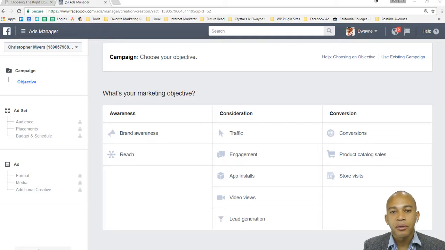Product catalog is primarily for when, let's say you created a bunch of products, and yes, it's in a catalog within Facebook. Then you create an ad for this product for people to click on. People can click on it, see the product name, the description, attributes about it, the price, and click to go to your website. Product catalog is used alongside a Facebook pixel. And if you don't know what Facebook pixel is, basically it's a way of Facebook